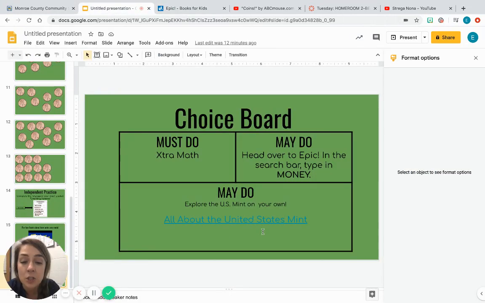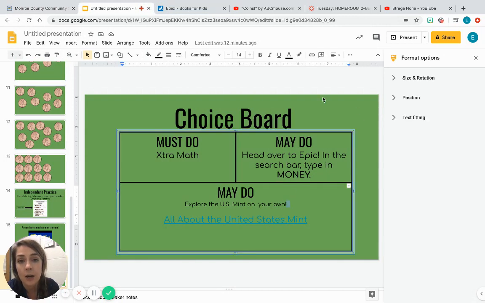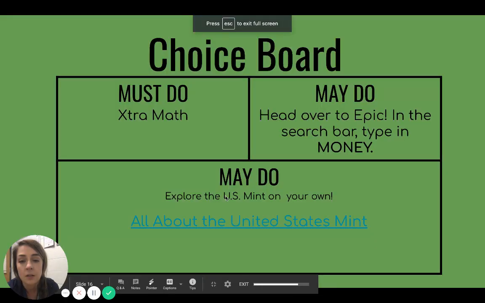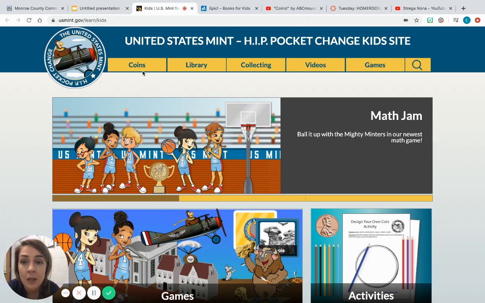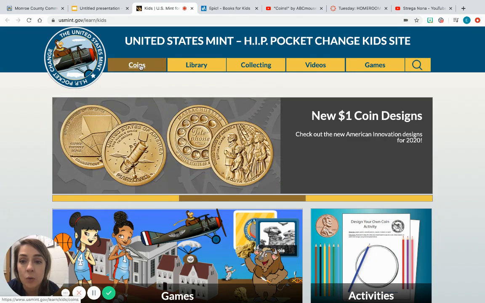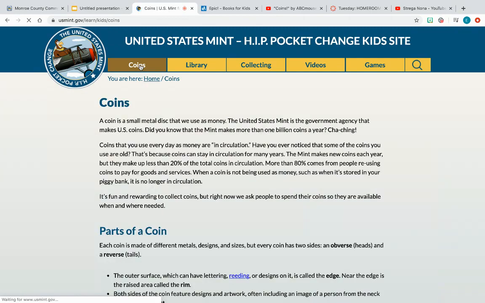May do choice number 2 is to go to the U.S. Mint website on your own. So I'm going to press present. If you click on this link, it will bring you to the U.S. Mint website. Up here, if you click on coins, it will